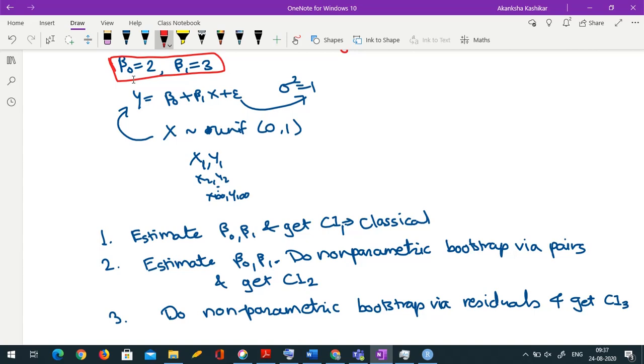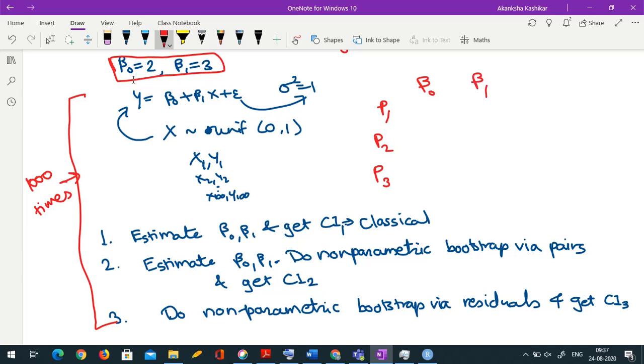Now you have to repeat this entire exercise, starting from sampling till getting CI, 1000 times. So you'll get 1000 confidence intervals and then finally compute P1, P2, P3 for beta naught as well as